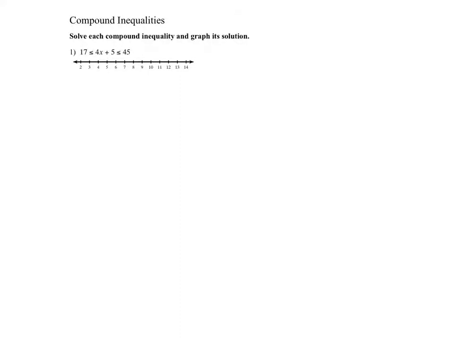Hi, so in this video we're going to be working with compound inequalities, right? It's an exercise where it's combining at least two inequalities. So for example, in this one it's telling me that 17 is less than or equal to 4x plus 5, and 4x plus 5 is also less than 45. So in this case, we can combine and work together with that exercise, 17 less than or equal to 4x plus 5 less than 45. Right? So I'm going to subtract as if I was solving an equation, but in this case,